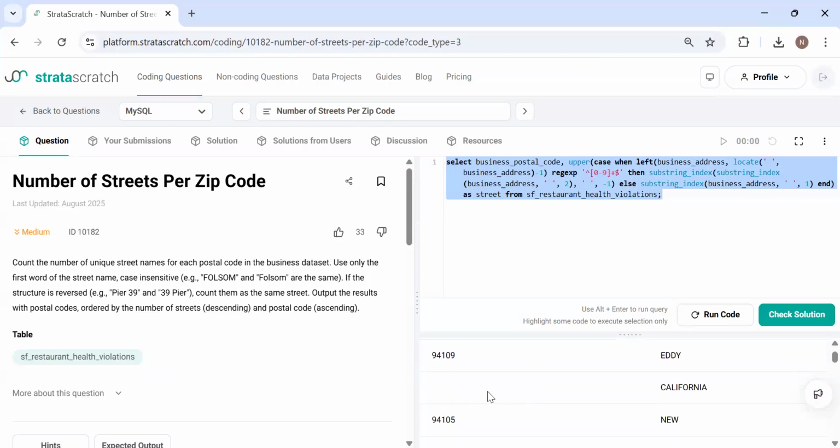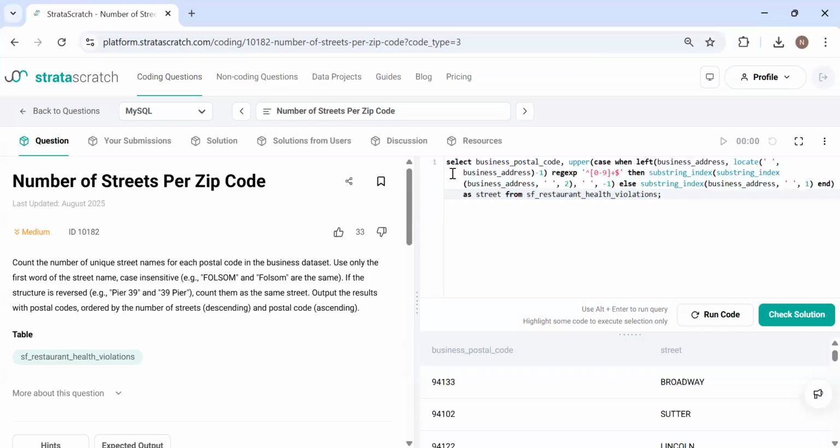Now I am seeing that some of the postal code is missing. So we have to remember this. So we are going to put this condition. And we will apply the same condition on the street as well, just to be safe. Next thing, what we are going to do. So we have this. We have this. Now